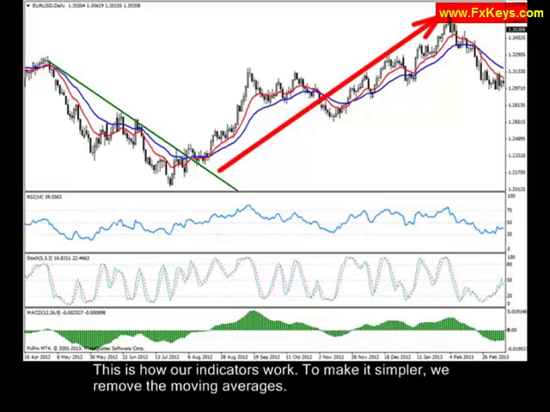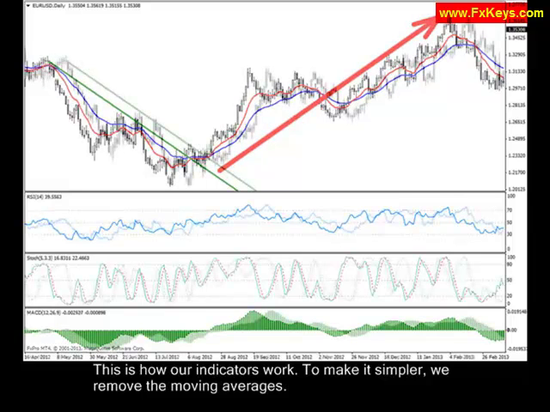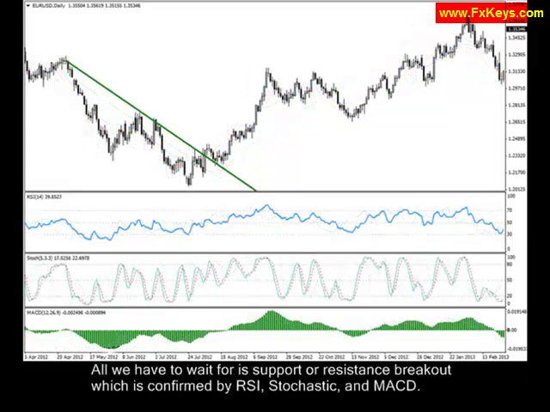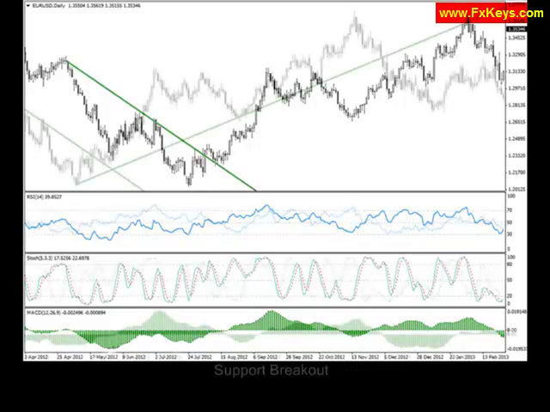This is how our indicators work. To make it simpler, we remove the moving averages. All we have to wait for is support or resistance breakout, which is confirmed by RSI, stochastic, and MACD. Support breakout